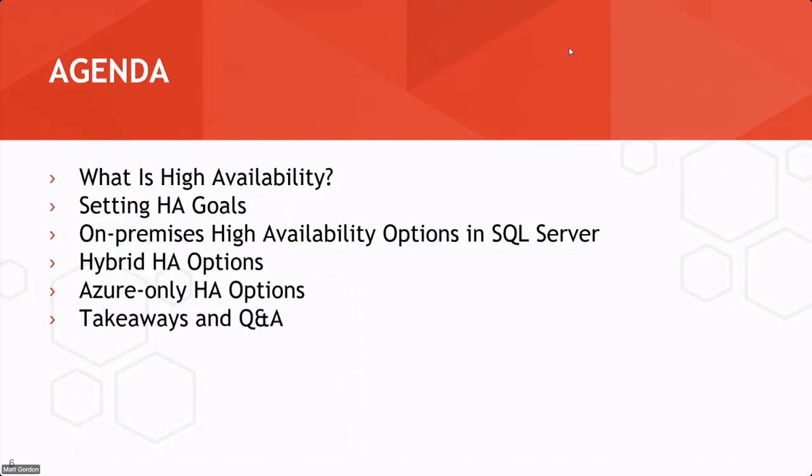So here's our agenda for the day. I'm going to set the stage up front. We'll dive into the tech stuff quickly, but there's some terms and things that I want us all to have the same understanding of as we move forward through the session. So we're going to talk about what high availability is and a little bit about what it's not. We're going to talk about setting high availability goals and how that happens, because that's going to dictate what the solution is to some extent. You may come up with something really cool, but it may not meet a budget goal or an uptime goal or something like that. So we'll set the stage for those two things, and then we'll dive into